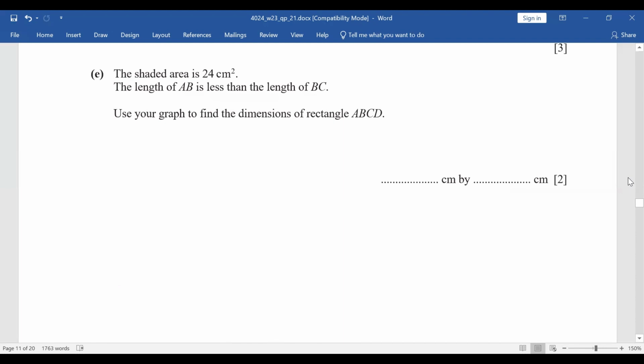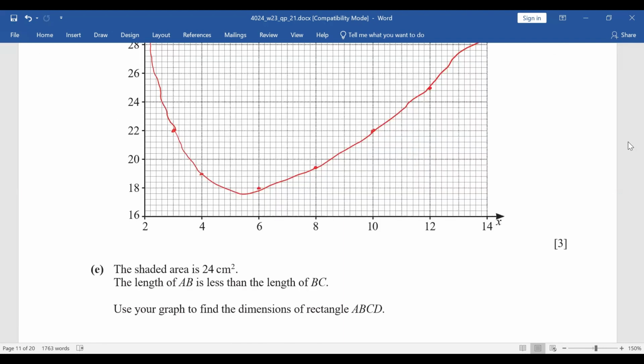Next question. The shaded area is 24 centimeters squared. The length of AB is less than the length of BC. Use your graph to find the dimension of rectangle ABCD. That means we have to find the value of x, and we are given the value of y, which is 24. If the value of y is 24, okay, then the x coordinate will be this one and